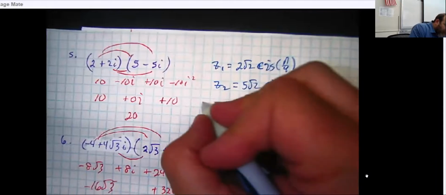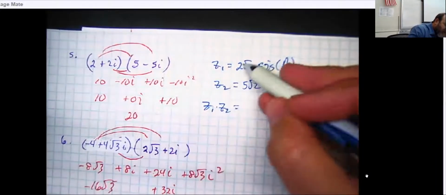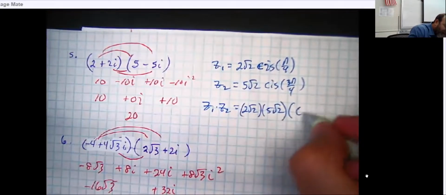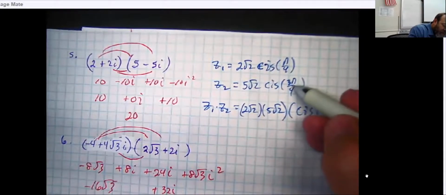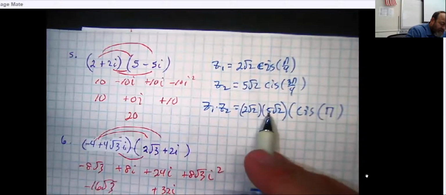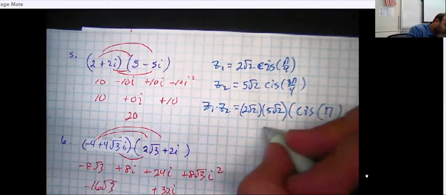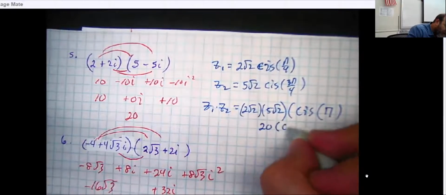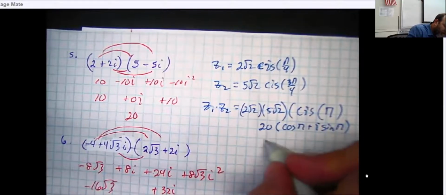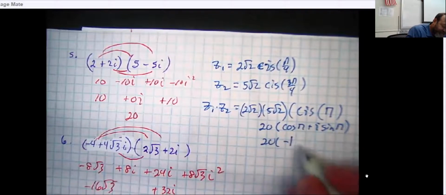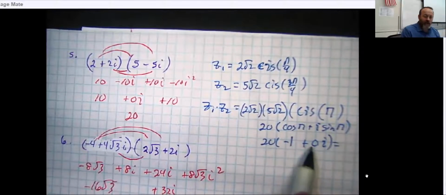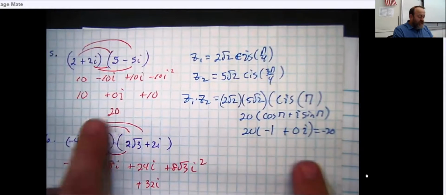So when I multiply them, De Moivre's theorem says all you do is you multiply the radii or the moduli together, and then you add the angles. Well, pi over 4 plus 3 pi over 4 is 4 pi over 4. And this is 2 times 5 is 10. 10 times root 2 times root 2 is 2, and that's 20. And if we jump back out of the fancy notation and put it back, one cool thing is the cosine of pi is -1. And the sine of pi is 0. And you'll notice that that answer right there is exactly -20, which in fact,